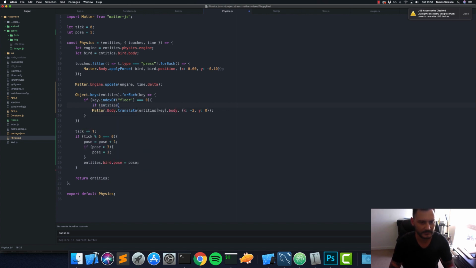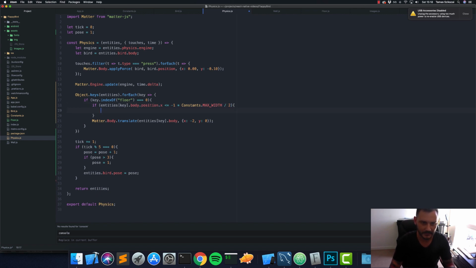If entities key dot body dot position dot x is less than or equal to -1 times constants dot max width times 2, divided by 2. So if the center of the floor is minus half a screen worth of the screen, then